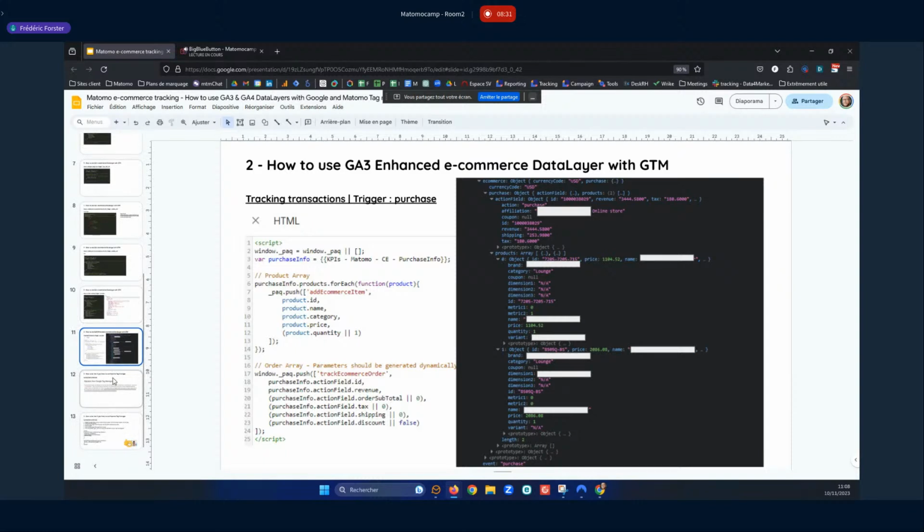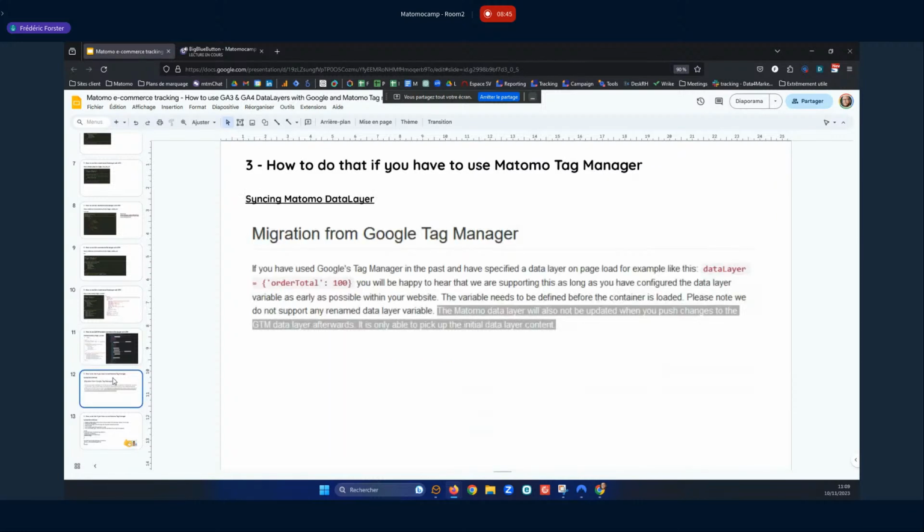And yes, the last part of the presentation, I'm realizing that it's going to be a quite short presentation, but imagine that you want to use Matomo Tag Manager. We have the information that Matomo Tag Manager is able to recognize the Google data layer, except from the moment that there are changes that occur after the initial page view.